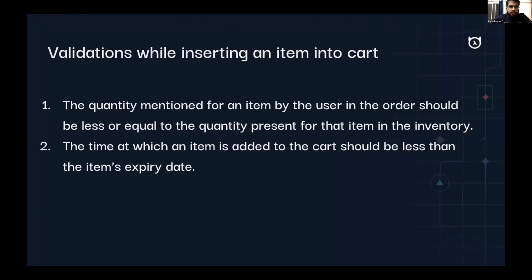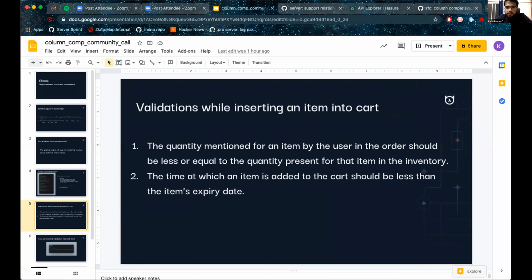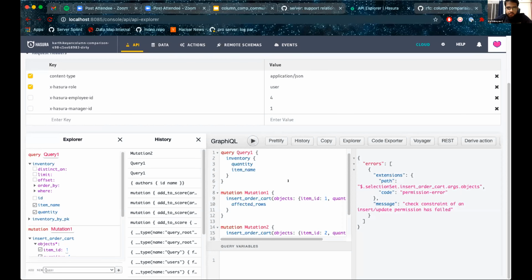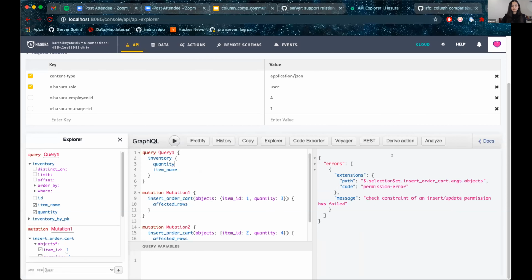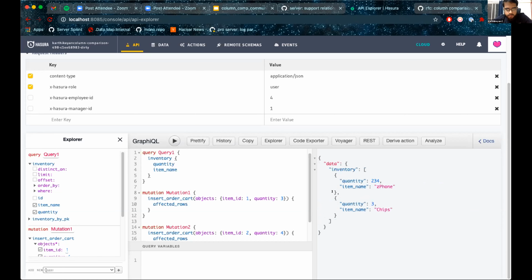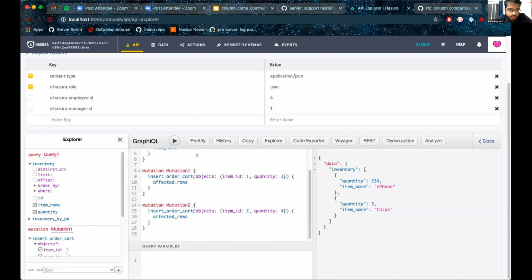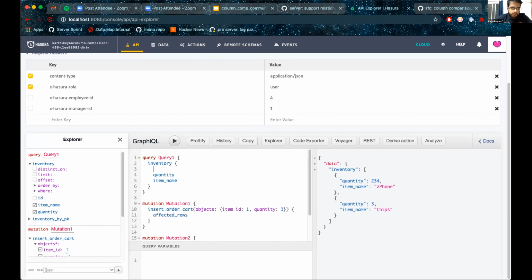Can you see my Hasura console? Okay, so this is my inventory. I have two items. For the Z phone, I have 234 of it, and I have three quantity of chips.